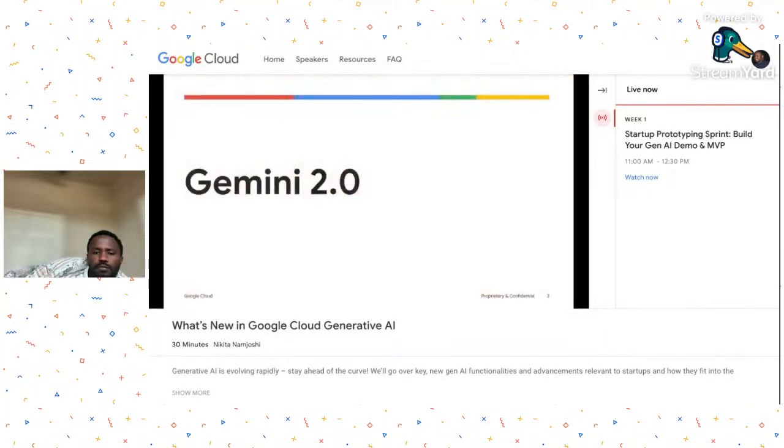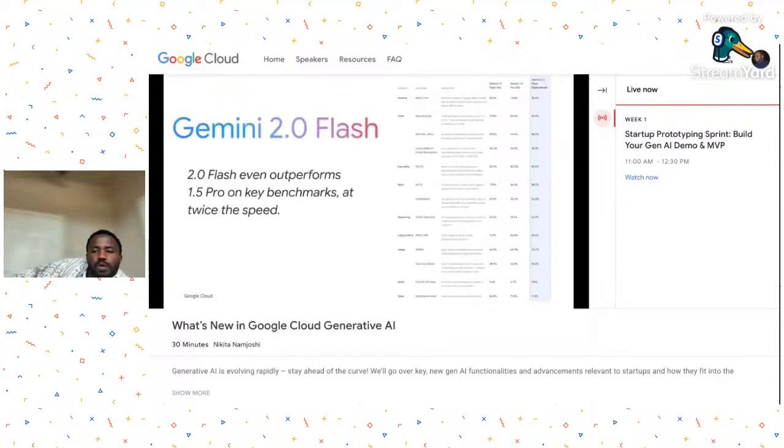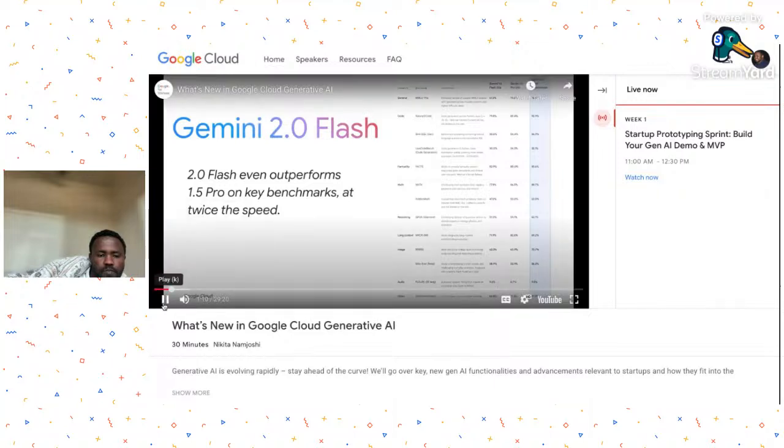So, at the end of 2024, we released the first model in the Gemini 2.0 family of models, which was Gemini 2.0 Flash. Flash 2.0 is the workhorse model for all daily tasks. It's really a balance of cost, capability, and latency. And what was really exciting was to see 2.0 Flash actually outperform the 1.5 Pro model on key benchmarks at twice the